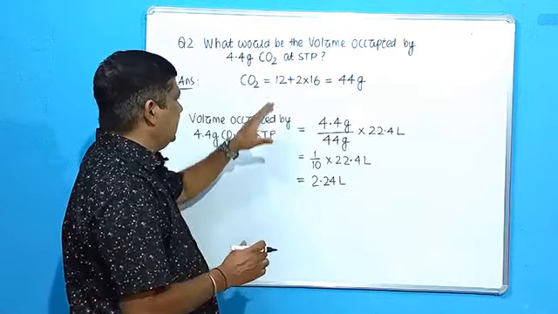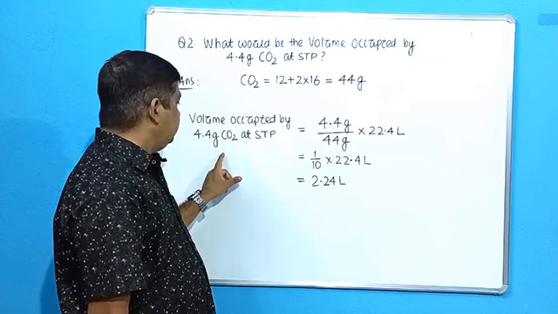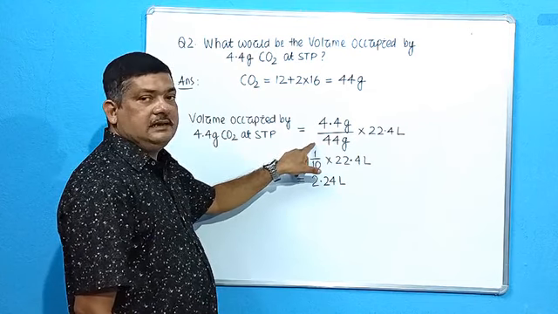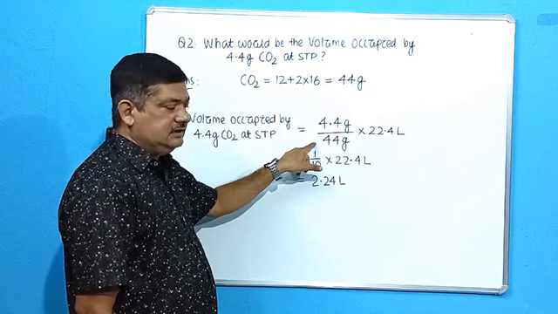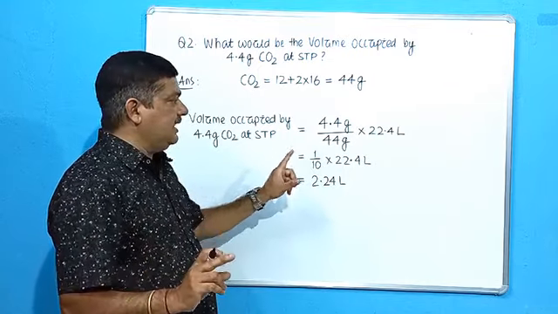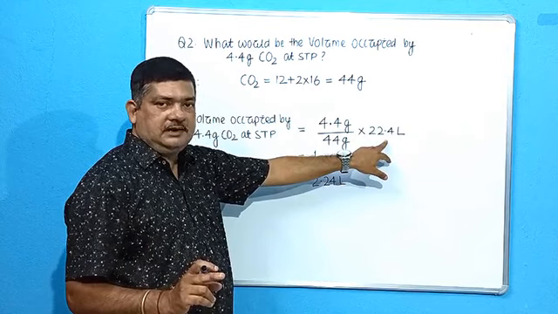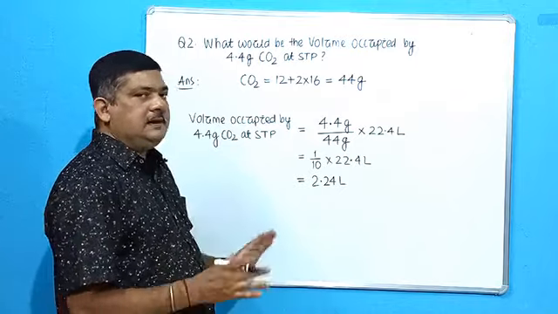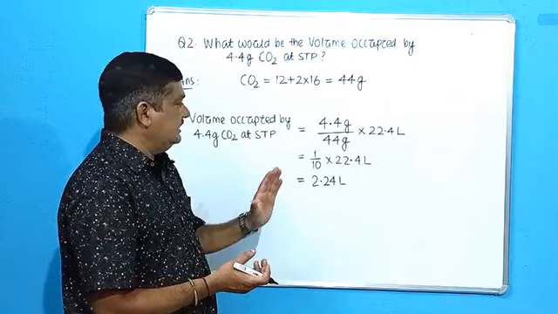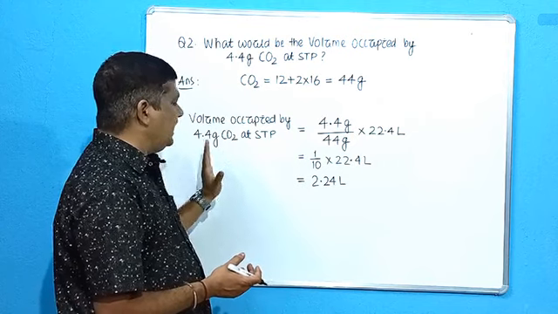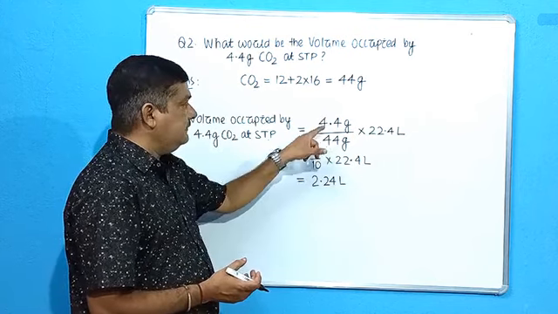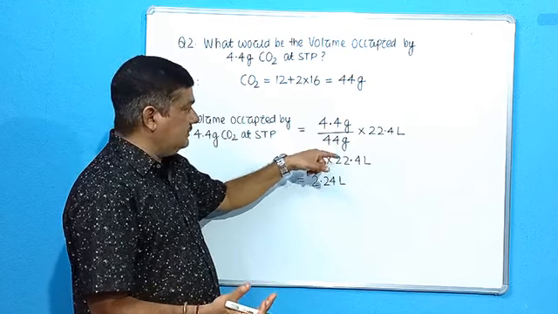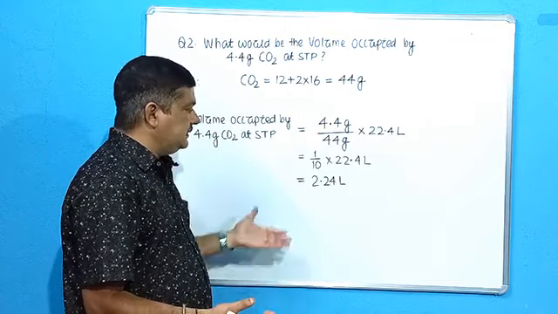That means in the process, first you calculate the number of moles present in 4.4 gram of carbon dioxide. Given mass, that is 4.4 gram, divided by molar mass, it will give you the number of moles. Then 1 mole of any gas occupies the molar volume, that is 22.4 liter, at standard temperature and pressure. Okay. So I have combined both steps into a formula: the volume occupied by any mass of gas at STP will be the given mass of the gas divided by gram molecular mass or molar mass, into molar volume. Directly you can use the formula and get the answer.